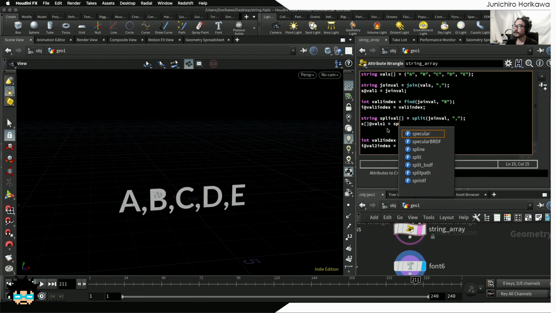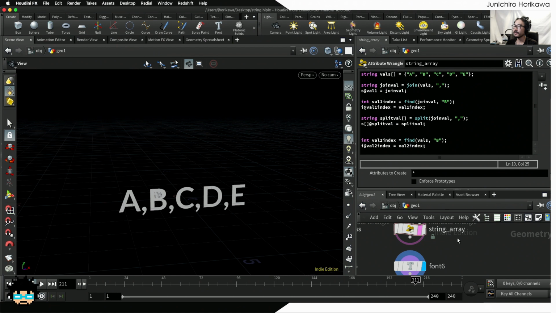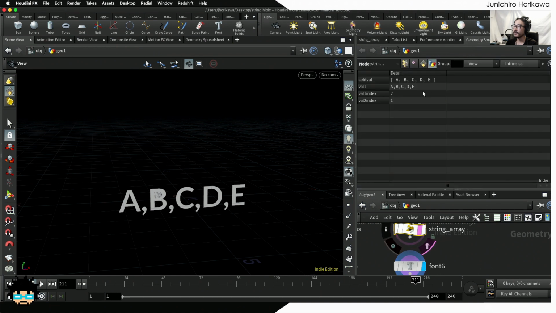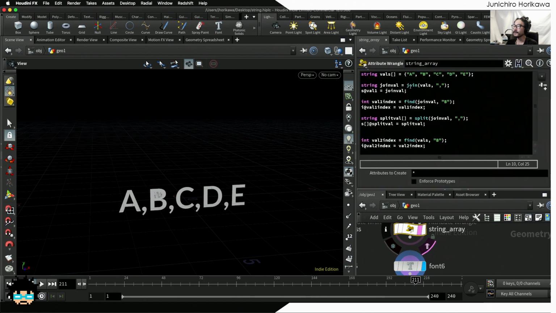Or just splitval, maybe splitval. Store this splitval. Okay, I'm missing a t right here. And let's see, going into a detail attribute, as a result I am seeing this array constructed as an array from this val1 a b c d e, which is similar to this one. Okay,